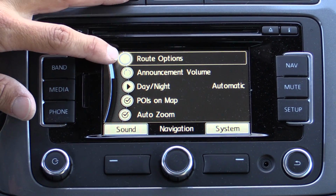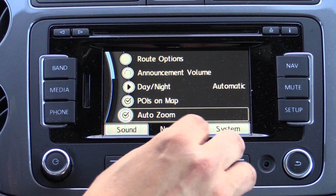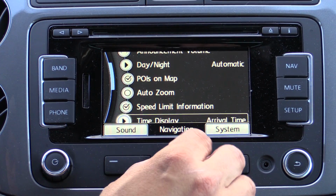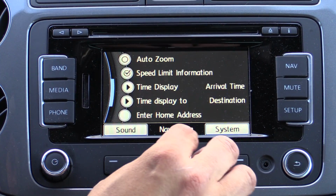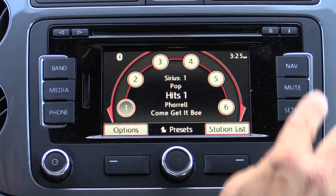Over on the setup menu, we can control our route options, announcement volume, day-night mode, which points of interest are on the map, and whether you want the system to auto-zoom. It auto-zooms in and out very much like Garmin navigation systems. You can also choose whether you want it to display speed limit information, etc. The setup button is contextual,